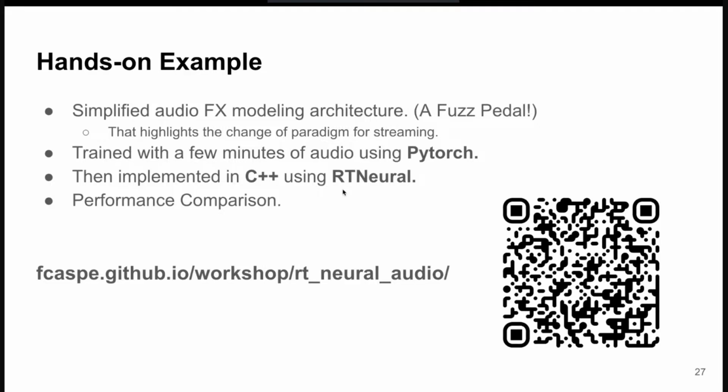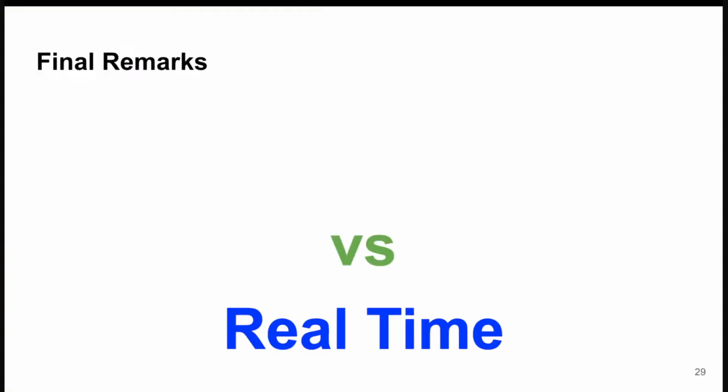So we are back into the presentation now, and what we're going to do now is try and disambiguate a few concepts that are usually conflated from time to time when I hear people talking about latency and real time and streaming inference. So we just want to leave these concepts as clear as possible, and let's take a look.